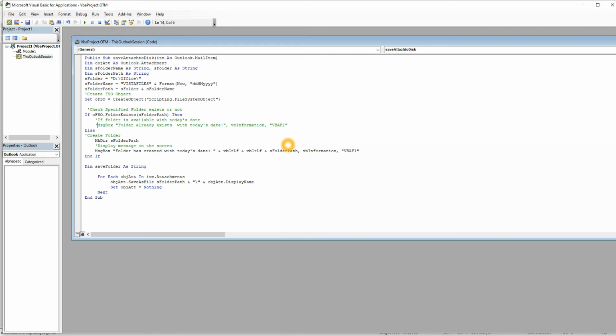So I knew what I had to do, and I have just commented it out. If the folder exists, do nothing; else make the folder and show me the folder has been made, and do these particular operations, like the display name and all those things. That's simply it.